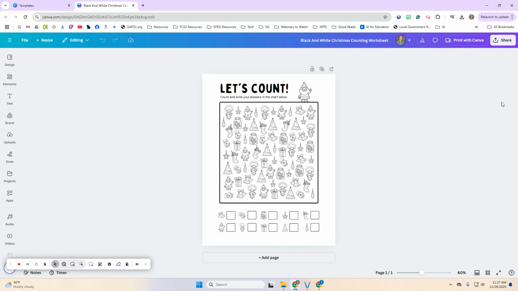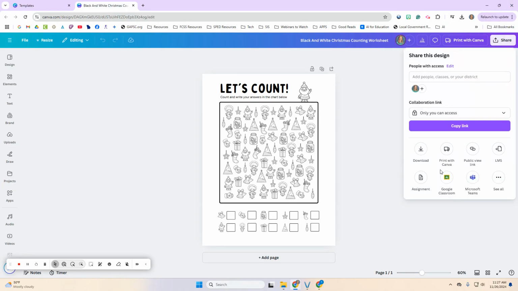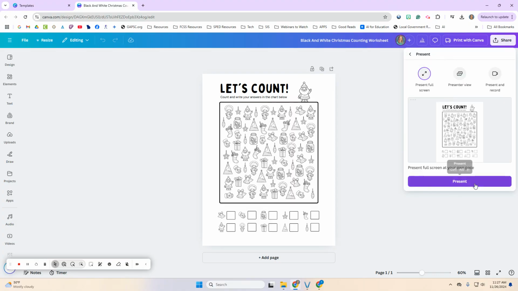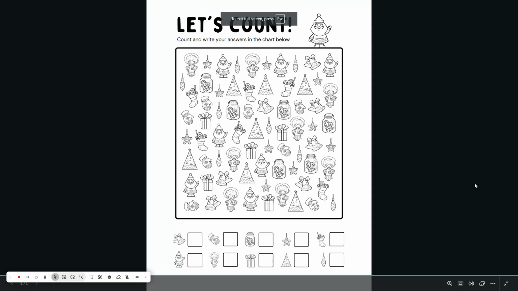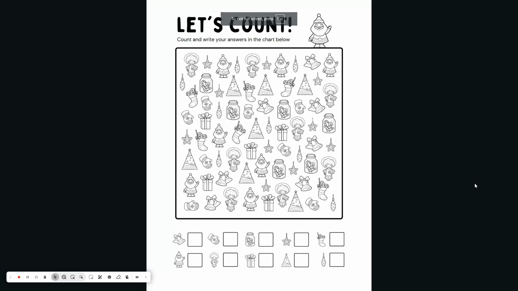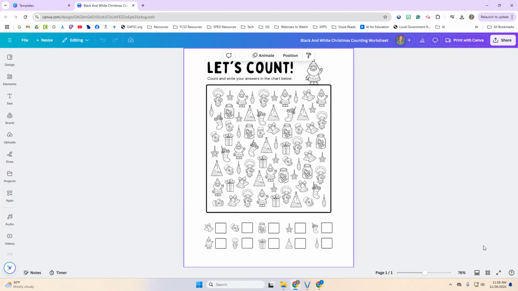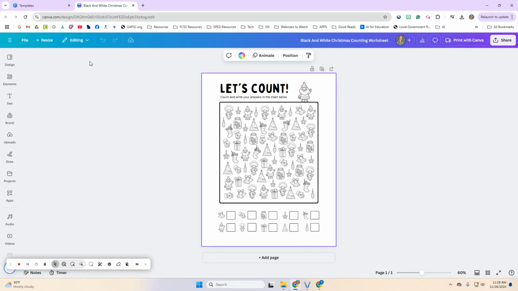and then we can count together. So you could just go through and present it this way in portrait mode, and you would click Share, See All, and Present. And you can see it's going to present it like a piece of paper on your board. But maybe I want it to be landscape and fill my board if we're going to work on it and count together. So I'm going to exit out of this by clicking, you can click Escape,